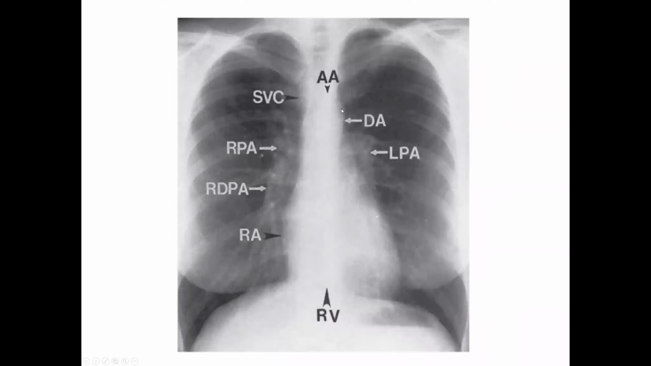This is a PA view of the chest. On the right side, we see the shadow of the superior vena cava, right pulmonary artery, descending pulmonary artery, right atrium. And on the left side, we see the aortic arch, descending aorta, and here the aortopulmonary window, which is